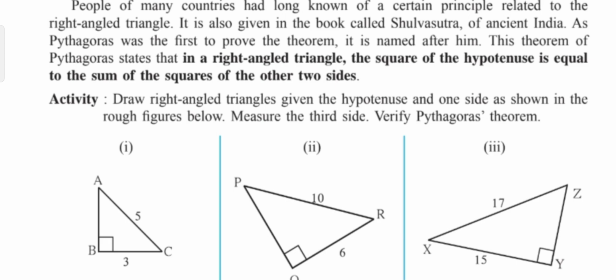What is this theorem all about? In a right angled triangle, the square of the hypotenuse is equal to the sum of the squares of the other two sides. Whichever side is the hypotenuse, the square of the value of that side is equal to the sum of the squares of the other two sides.